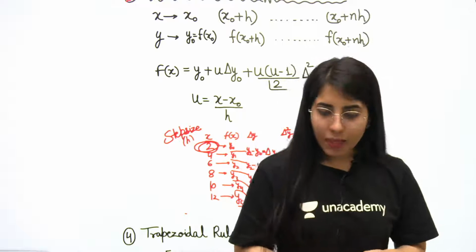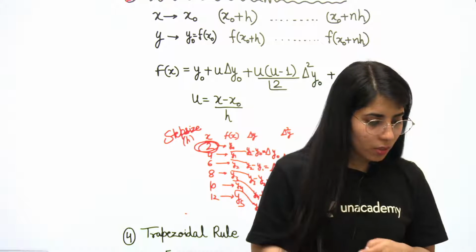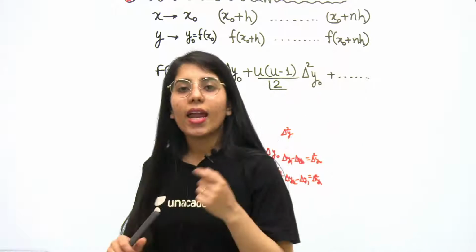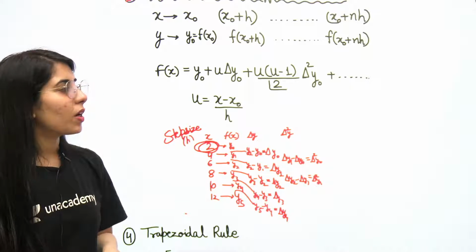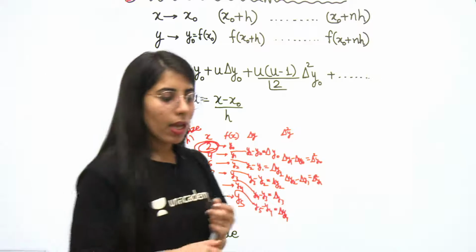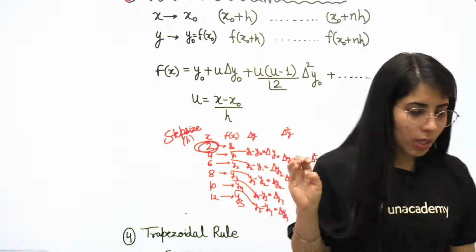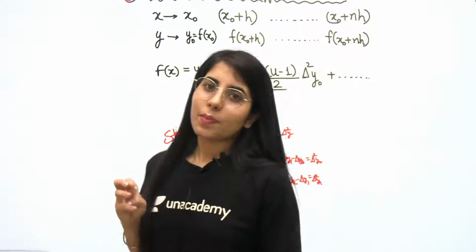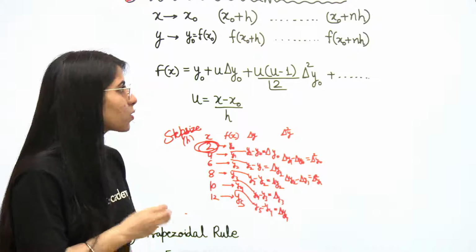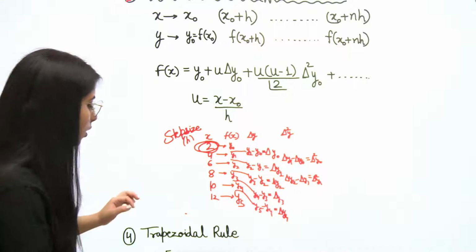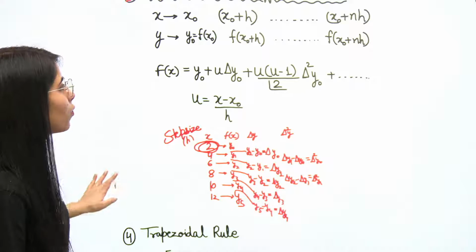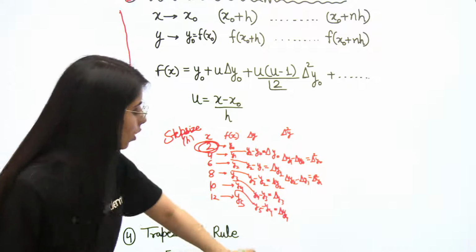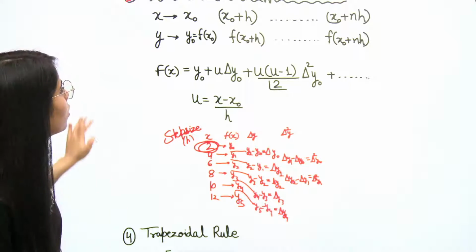Now let me know if there is any doubt in this method, and after that we are going to take another method. We'll start the discussion about the other methods after this, and those are the trapezoidal rule, Simpson's 1/3 rule, and Simpson's 3/8 rule. All the three methods I will explain after this, but I am waiting for your reply first. If there is any doubt, mention it in the comments, and if no doubt, let's talk about the next method.